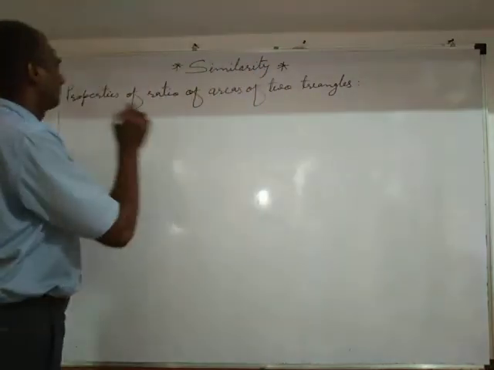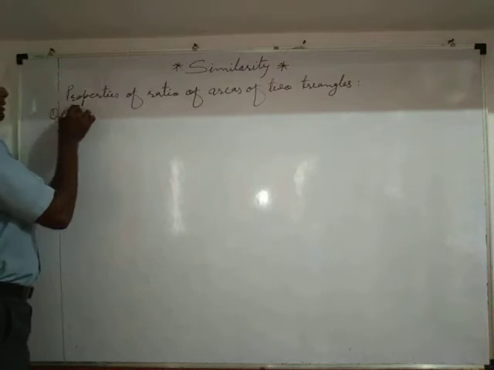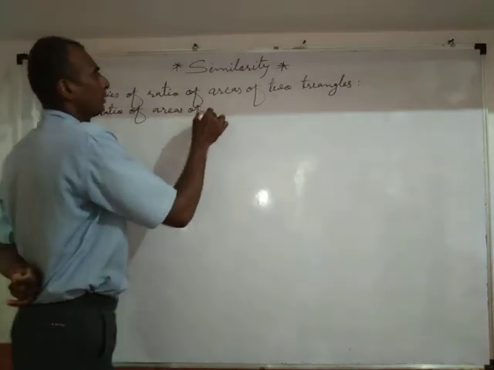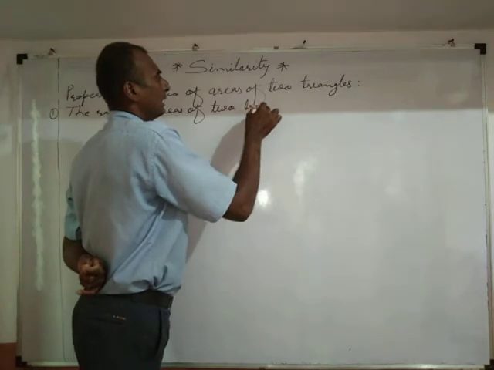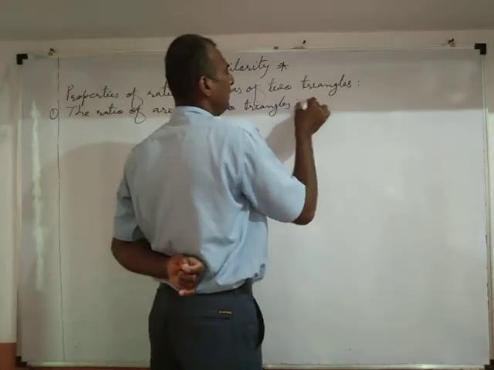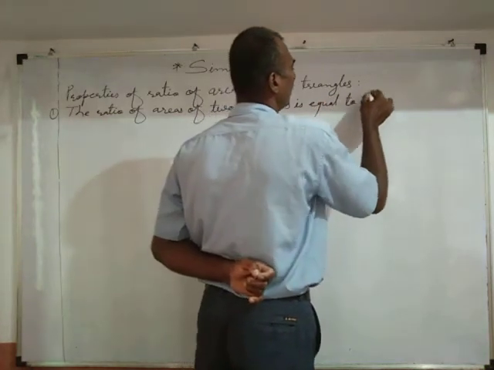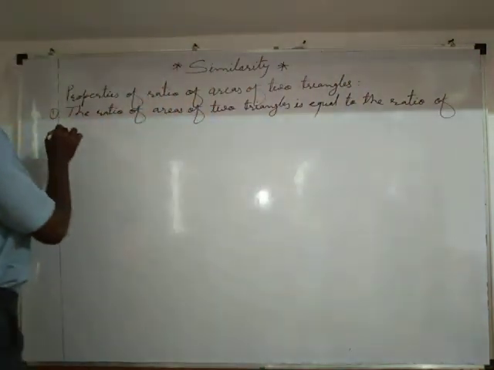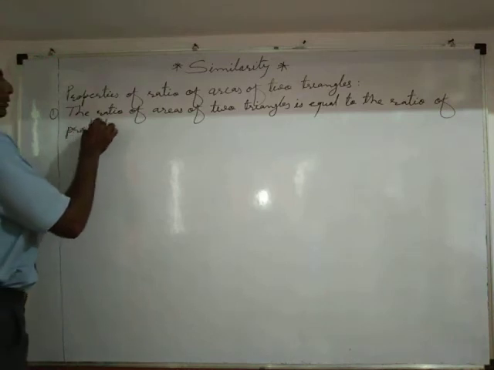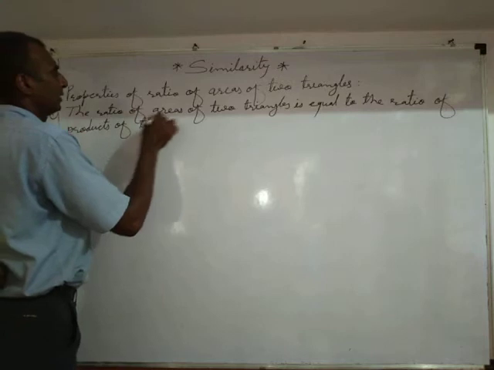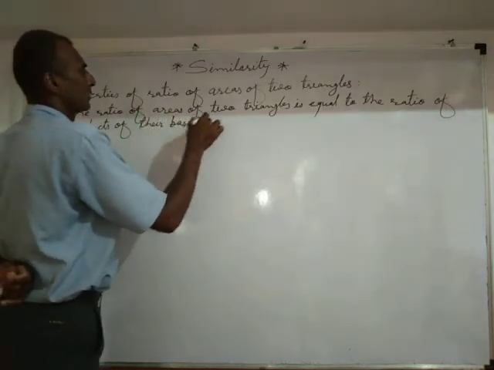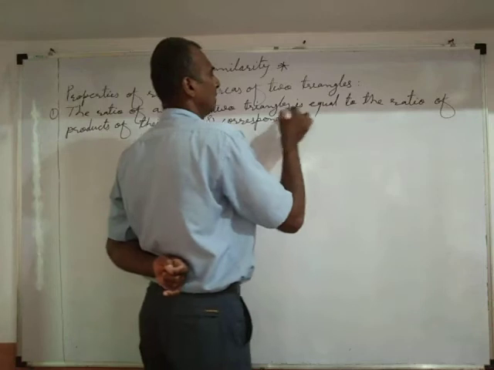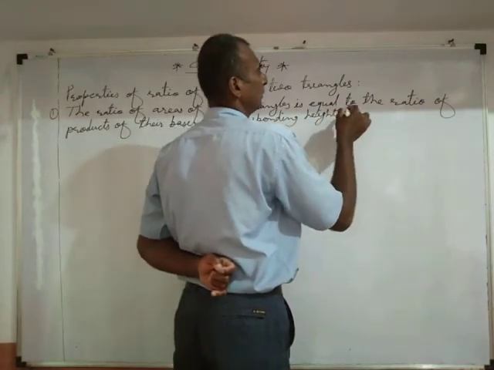And the first property is the ratio of areas of two triangles is equal to the ratio of products of their bases and corresponding heights. That is,